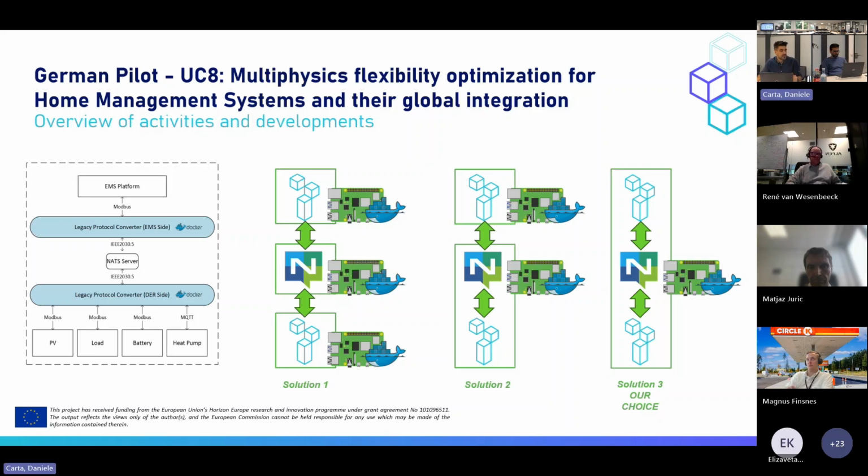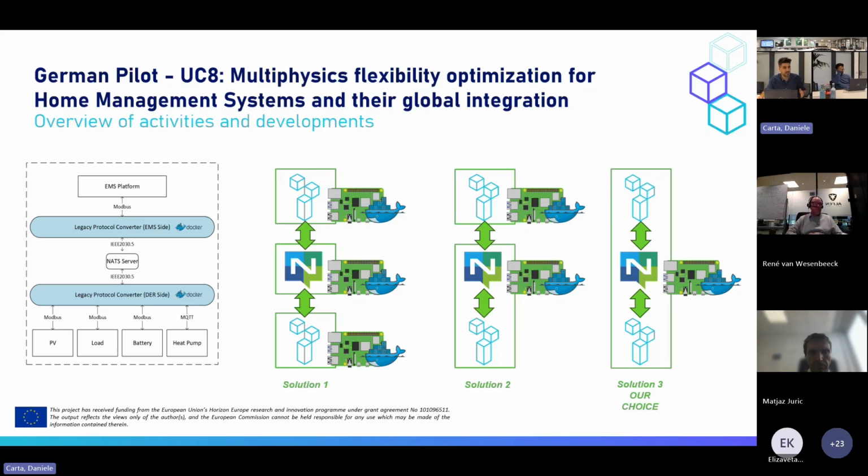Another interesting aspect was the possibilities that we had with the architecture, because since we had the double transformation, as I mentioned before, we could have had many configurations. A solution one with the transformation on a dedicated Raspberry Pi, but also combinations of the two. In solution 2, you see NAT server and transformation 1 on one Raspberry Pi, and then the second transformation on another Raspberry Pi. But instead, we went directly for solution number 3, that is NAT server and all transformations running on the same Raspberry Pi. This was no problem at all. The Raspberry Pi, even though it's a low-cost device, was able to manage all these transformations and the various